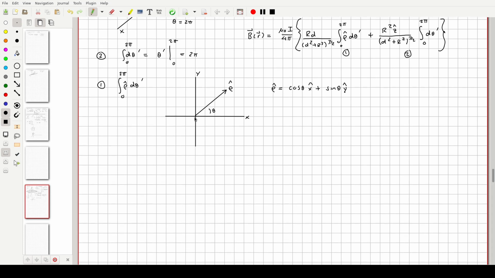So when we do our integration, we're going to have to integrate over these. That's the reason why I didn't pull it out of the integral. So if you were to do that,